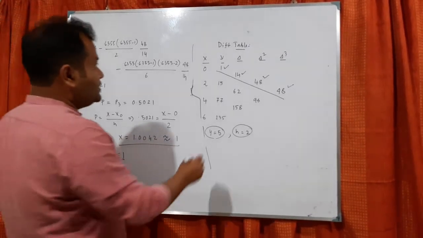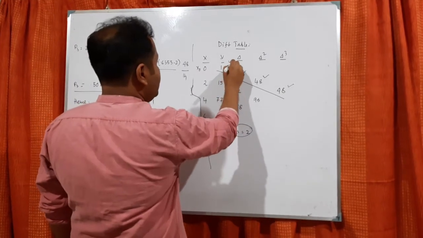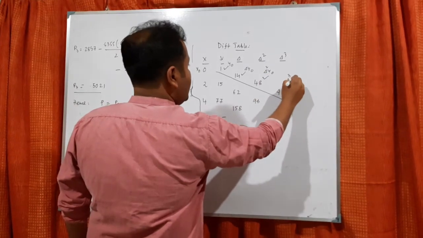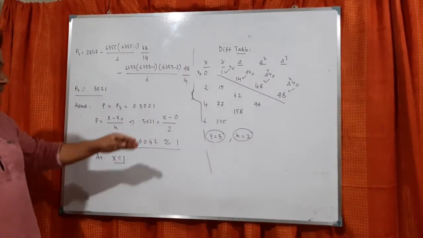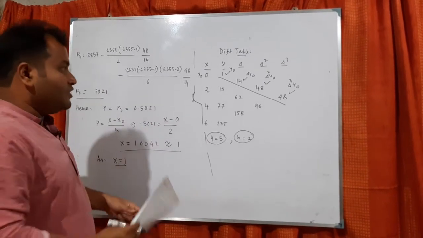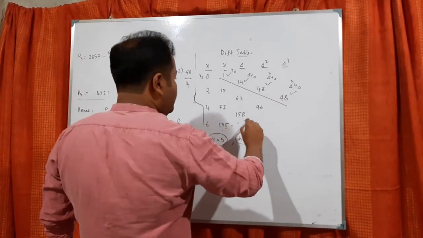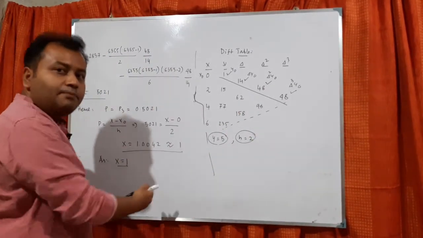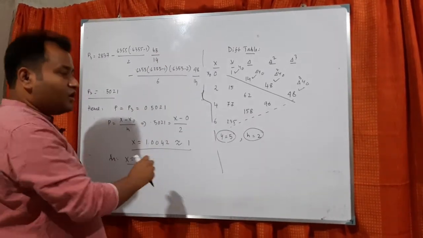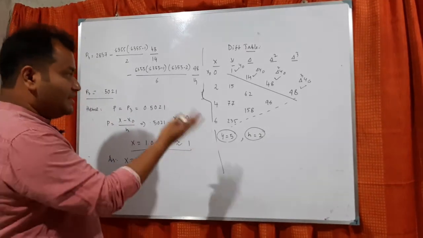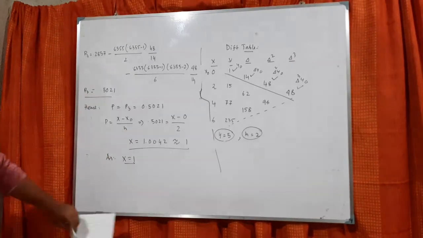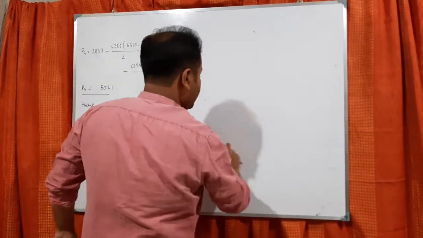Understand? So for your information, this is x naught, this is y naught, this is delta y naught, this is delta square y naught, this is delta cube y naught. Similarly, you can derive the backward interpolation formula for the inverse case. For the backward interpolation formula, you have to take the lower diagonal and do the same process. So what is my advice? Try to understand the procedure, try to solve this problem and one or two more problems, and then try the backward one on your own. Okay. So this is one of the major things for inverse interpolation.